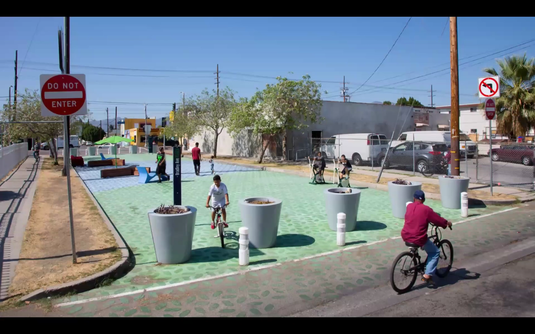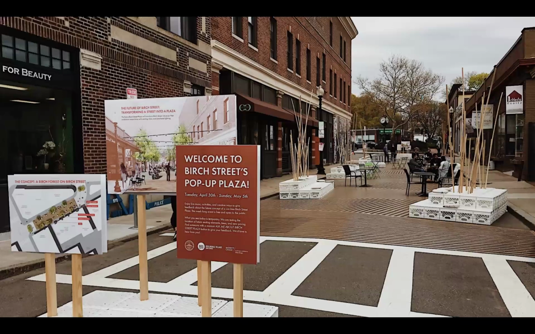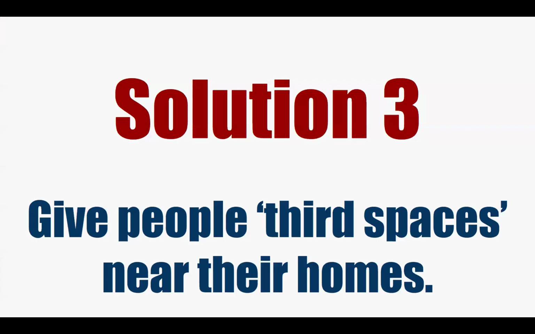And so the thing is, we need to create more third spaces. The beautiful thing about third spaces is that they do not have to be big. They can be something very small, and they can also be something that is not even permanent. Third spaces are mostly places where there are no cars. It is a place that is human focused and human centered, where people can exist without the threat of violence from a car and also without the demand of being a consumer. These are places where we are allowed to just exist as humans and build community. And so solution three is that we need to give people third spaces near their homes.